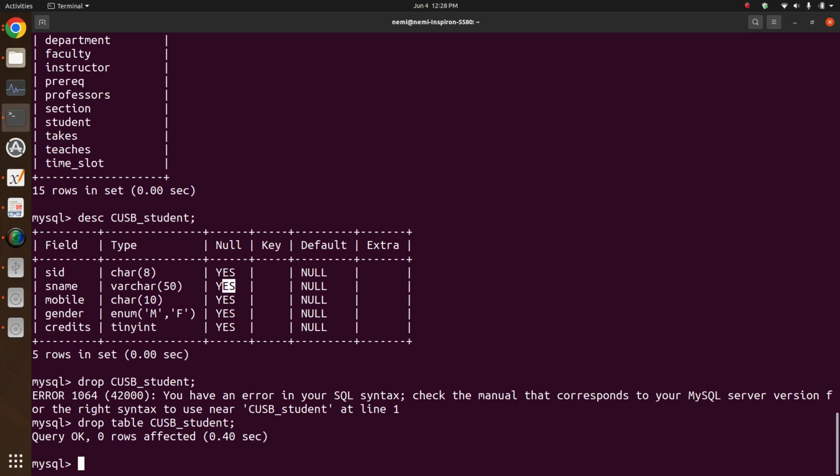So you can note it down. The drop table command is used to delete a table from your database. We will discuss some of these commands later. I just required that command, so I used that. We have not discussed this command, but let me tell you, this command is used to delete a table from